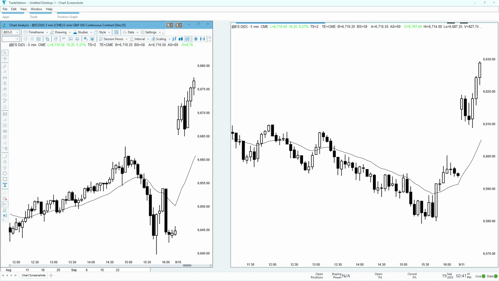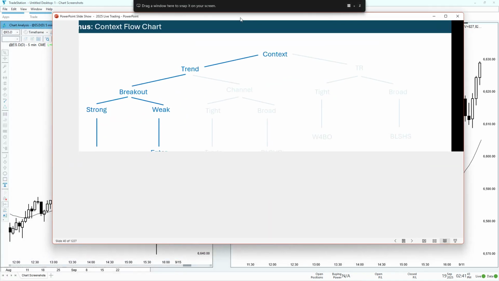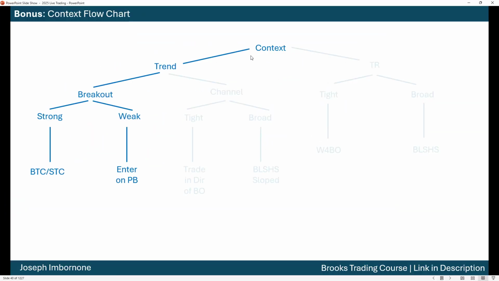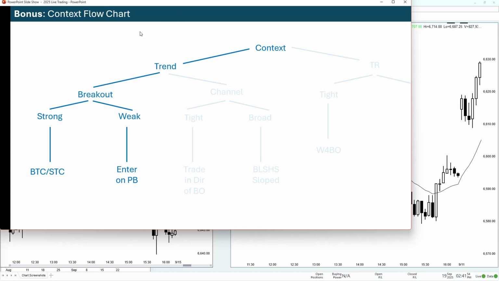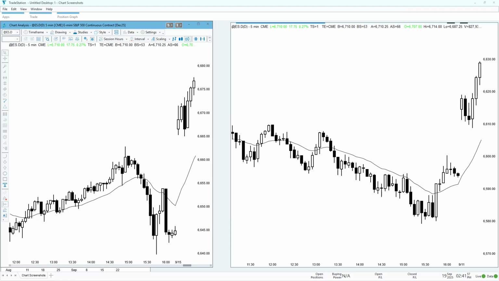Let's pull up the flowchart one more time. Context, it's a trend, it's a breakout. The first one is weak, and so the one on the left is weak, the one on the right is strong. So how do we deal with each one? Weak breakout, so we're expecting a pullback rather than buying the close. Better to look to enter on a pullback. For the strong breakout, it's okay to just buy the close. So if we run through what happens here,